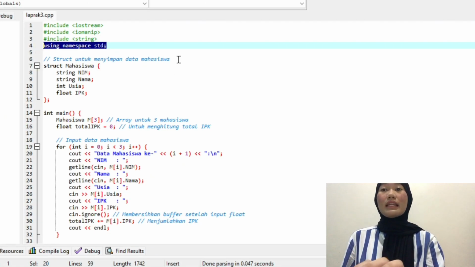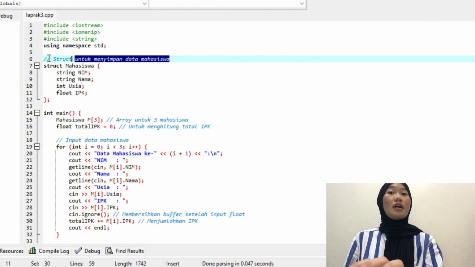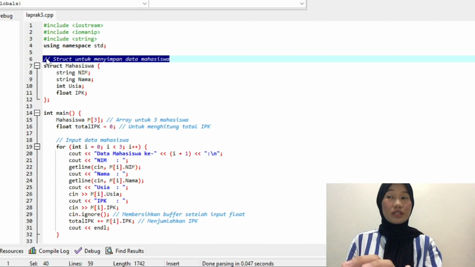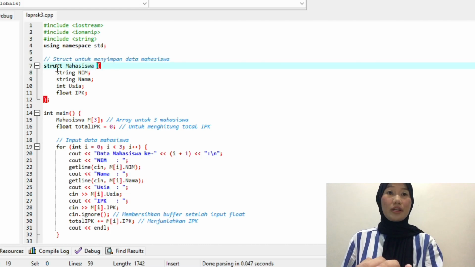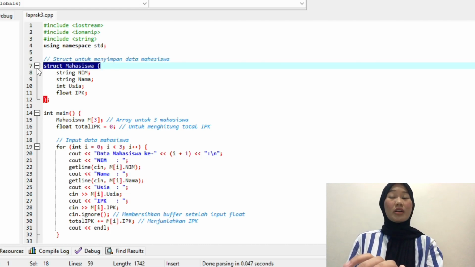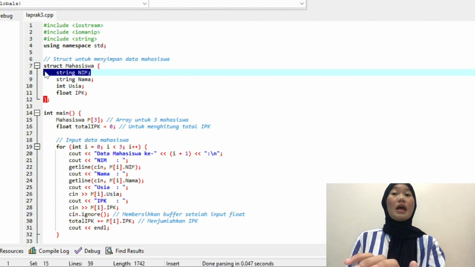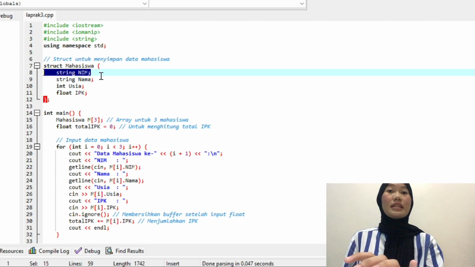For this line, a comment explaining the next code defines a structure to store student data. Struct student defines a struct called student. String NIM declares the string variable to store the student's identification number.